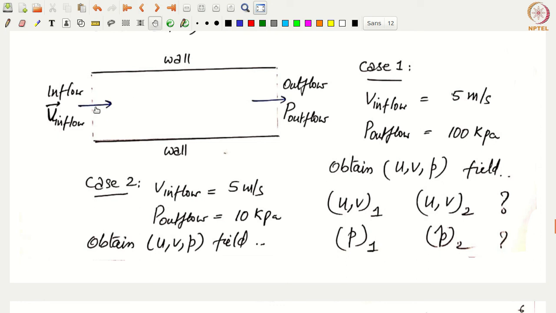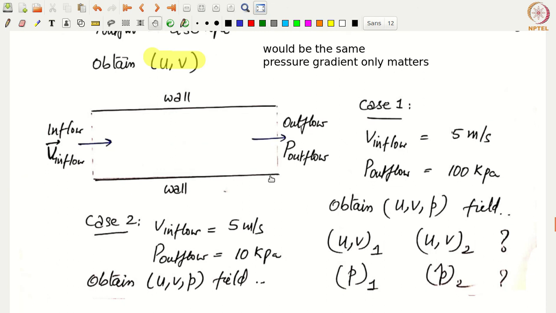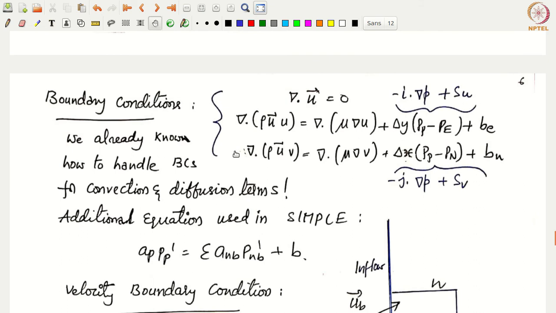But your algorithm will tune itself to get accordingly a pressure here, which will be this outflow pressure plus the gradient times this length, okay. So as a result, you will get the corresponding pressure field here, which will of course be different from here, but the pressure gradients will be the same, and the velocities will be the same. The velocity vectors, magnitudes, everything will be the same between the two cases, okay. All right. So that emphasizes the role of pressure as only relative in nature, essentially, because only the gradient matters; the absolute value of pressure doesn't matter.